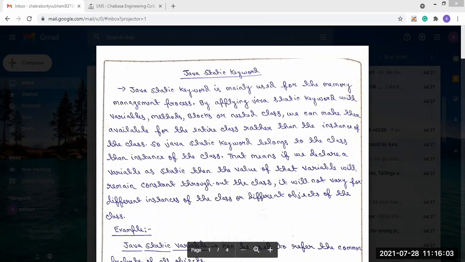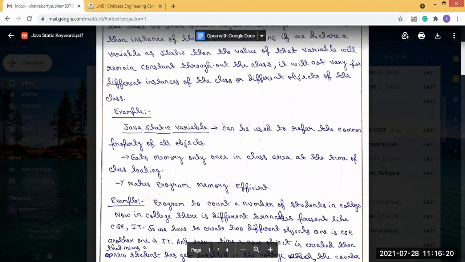Now we will see one by one how the Java static variable, then the Java static method, then the Java static block work. So first, the Java static variable.